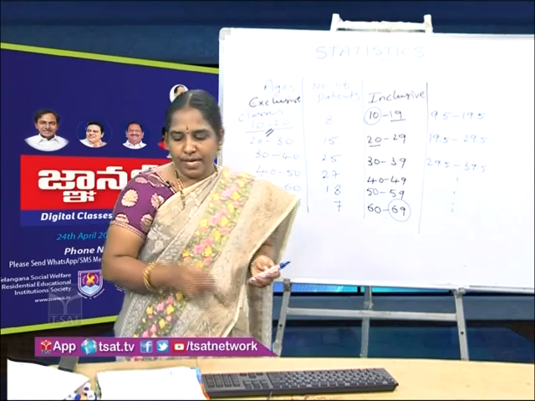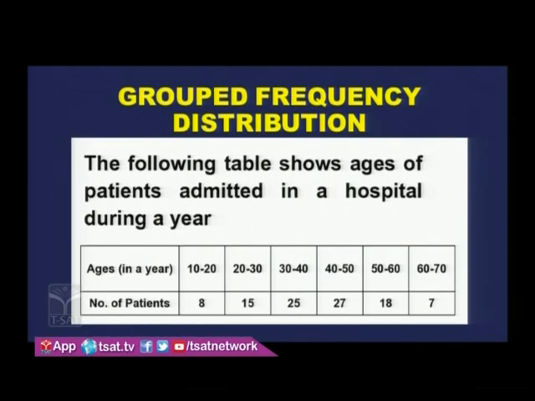And if you look at this slide, what do we have here? Ages in years and number of patients. So here we can interpret also. Raw data is collected and converted into grouped data, and this grouped data makes our work very easy. By looking at this grouped frequency distribution table, we can easily interpret. We can say that 27 patients of age 40 to 49 are admitted in the hospital. Any information that we want, we can look at the table and in fractions of seconds we can answer.